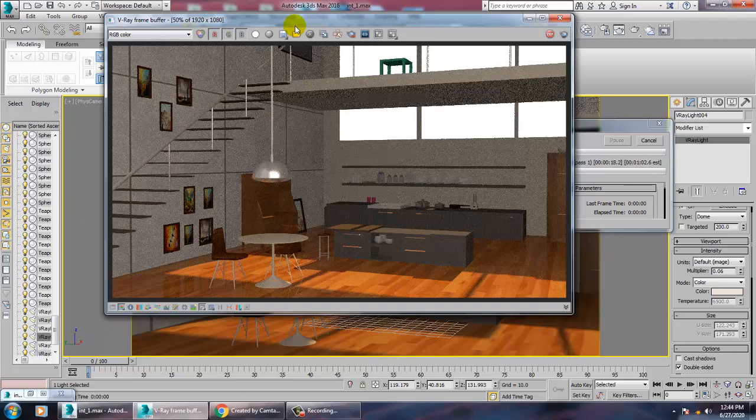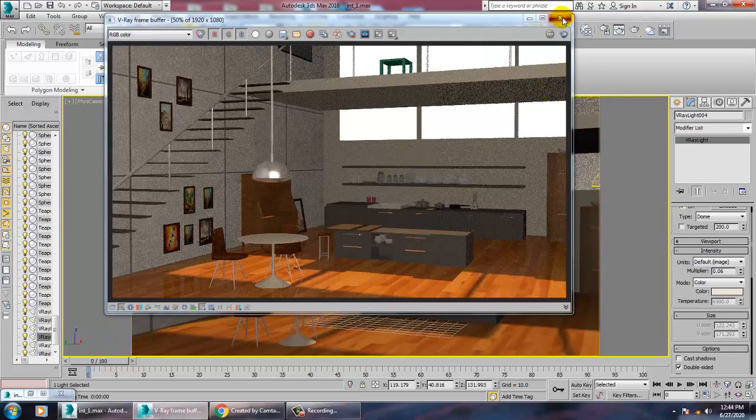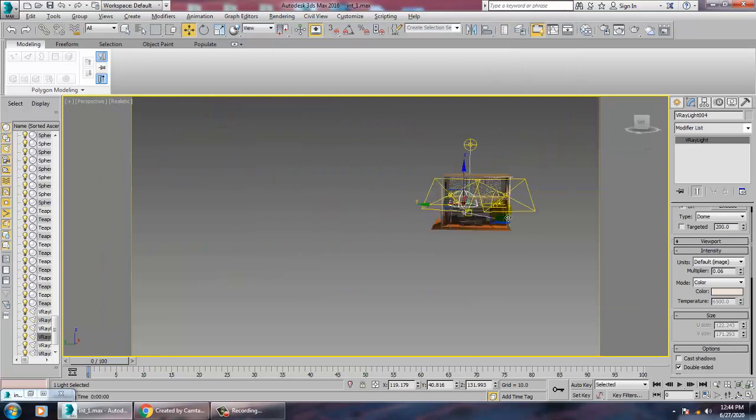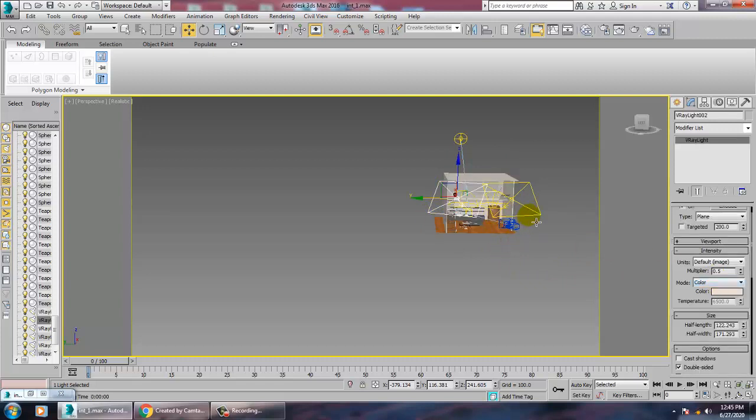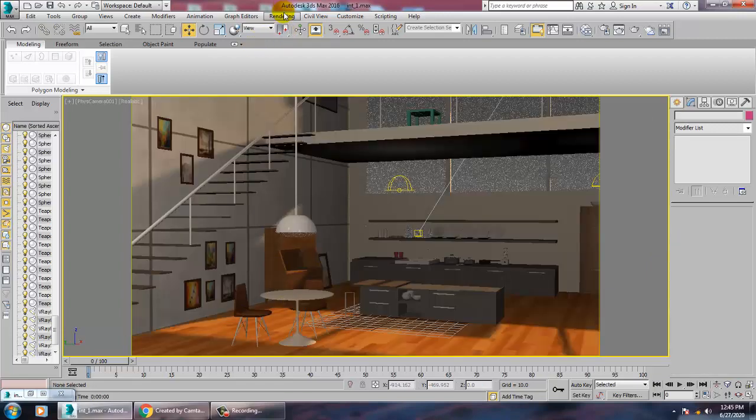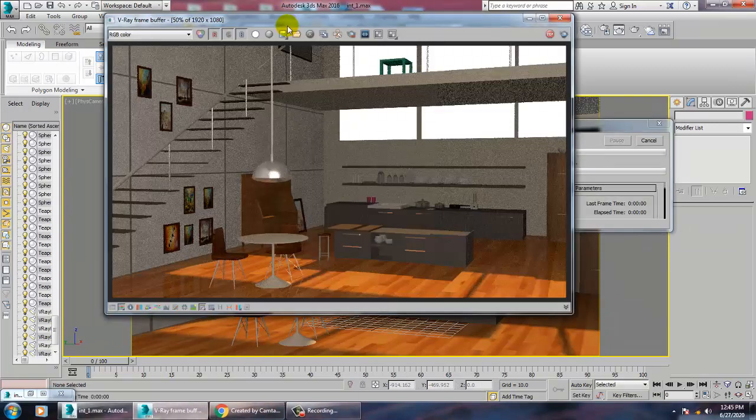We can increase the intensity of the lights if you want. This is 0.5, and if we make this 2, let's render and see how it looks.